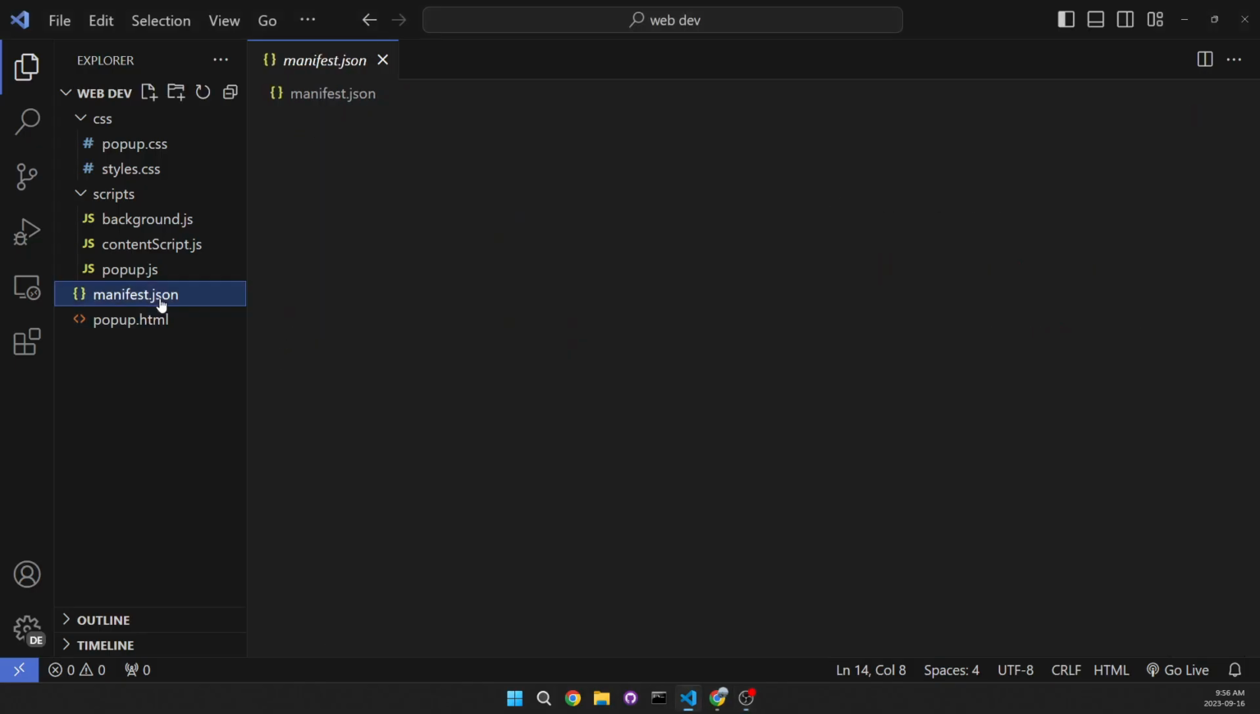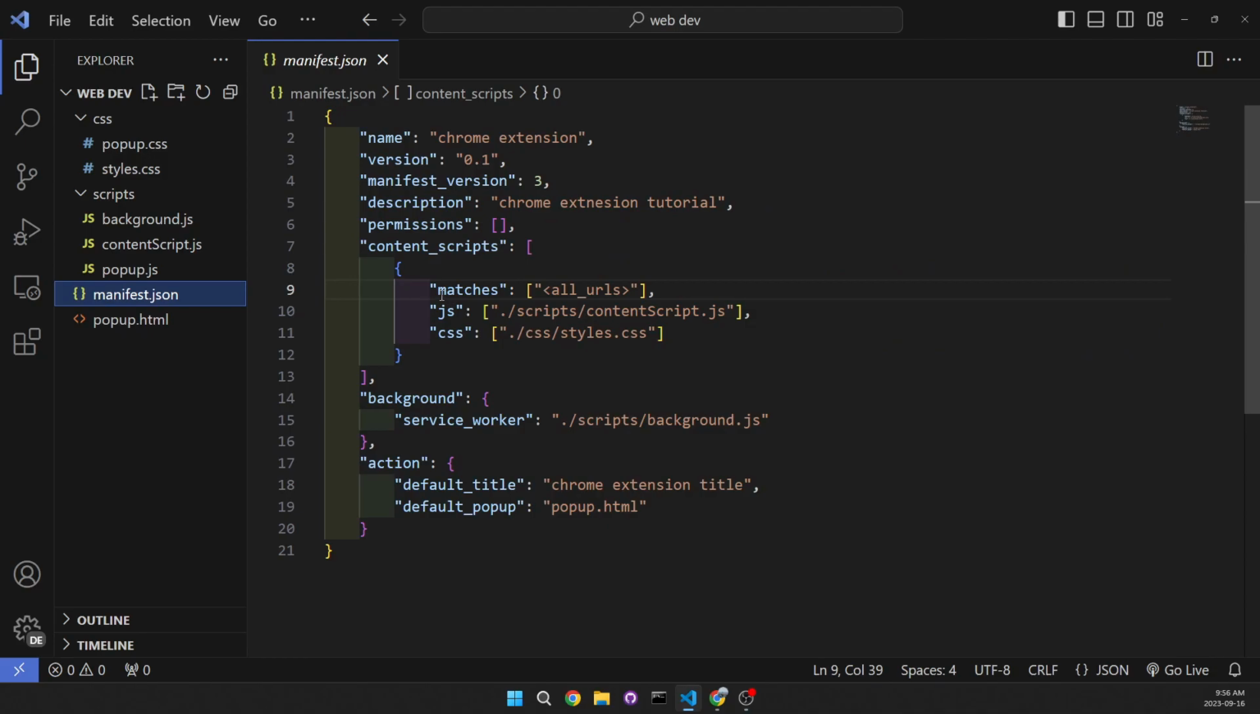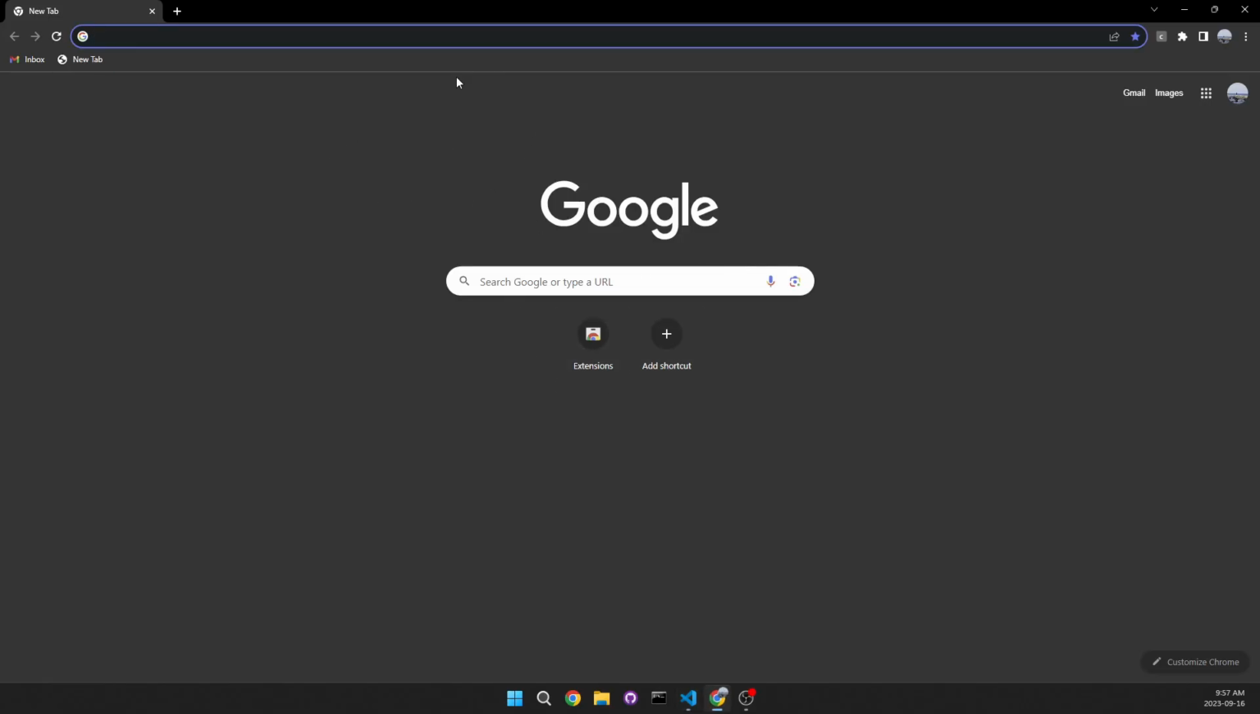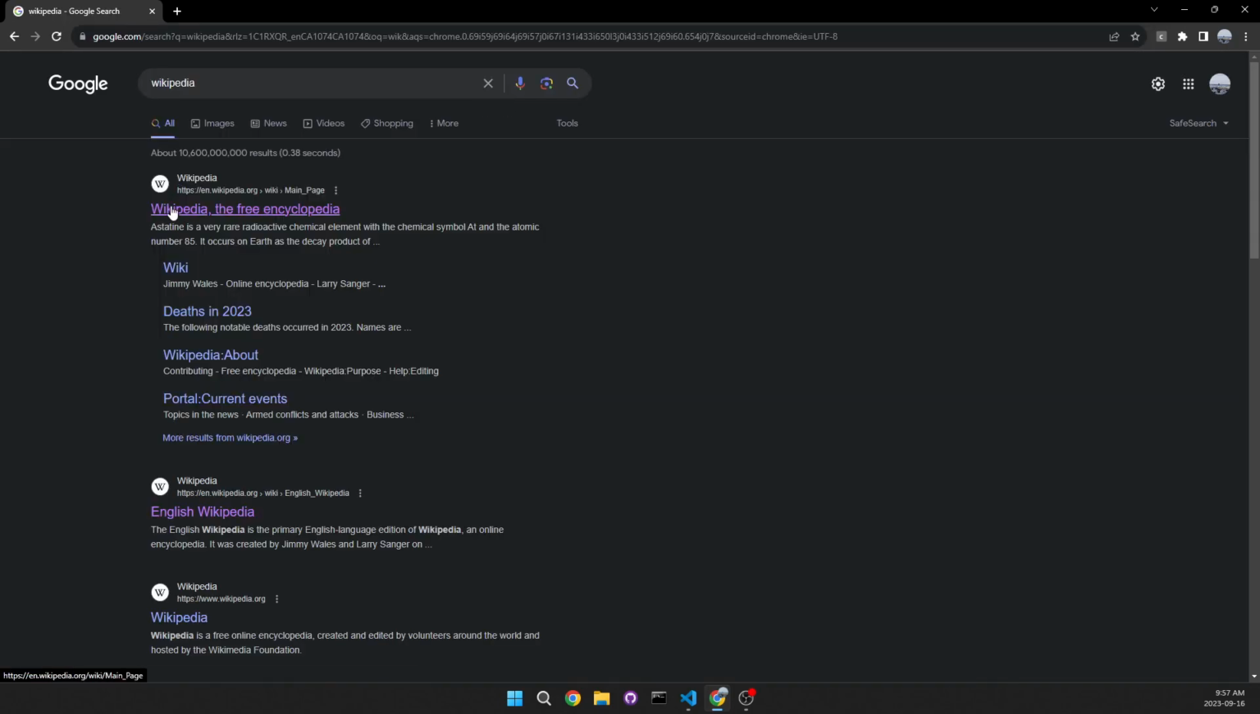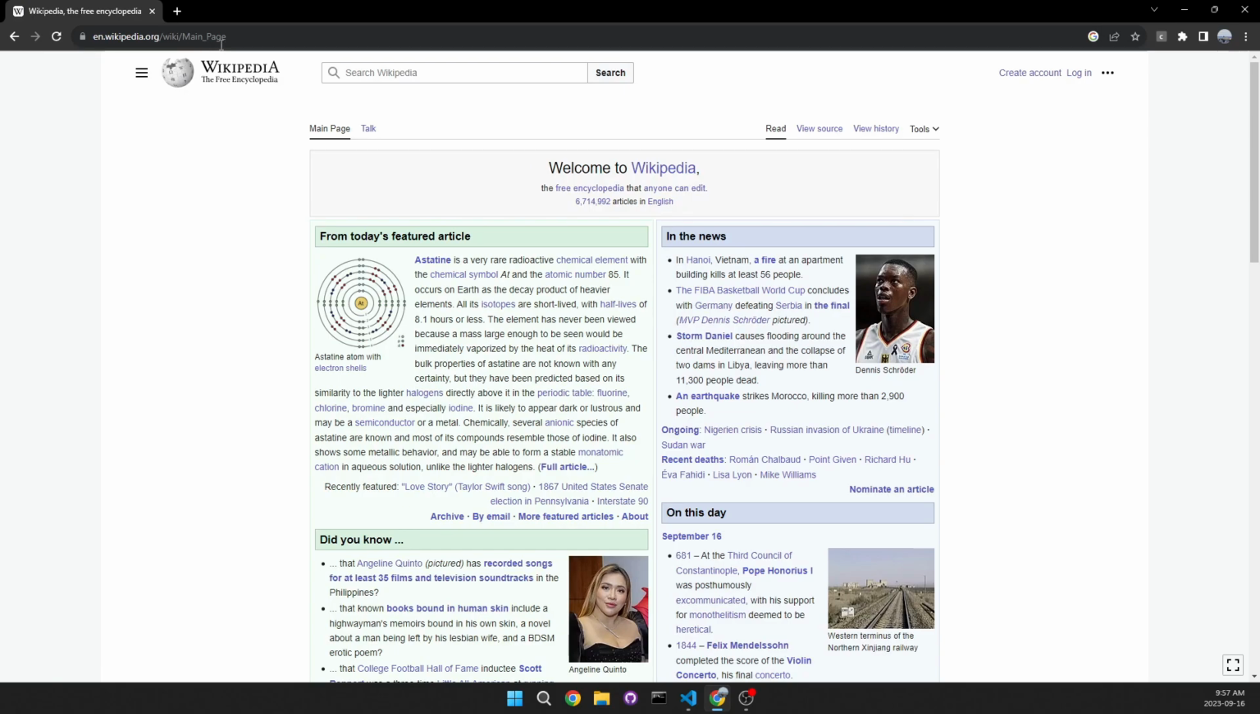First thing that we need to do is open our manifest.json file and change the matches URL to the URL of the website that we're going to want to change the background color of, which is going to be Wikipedia. So let's open our Chrome browser and open Wikipedia. Let's click on the first link. And what we're going to do is go to the URL here, and we can just copy all of it,